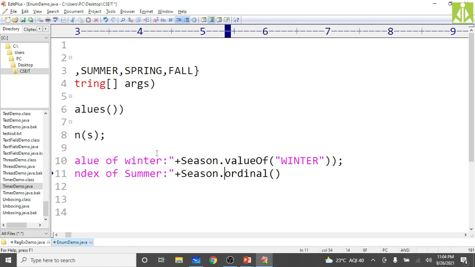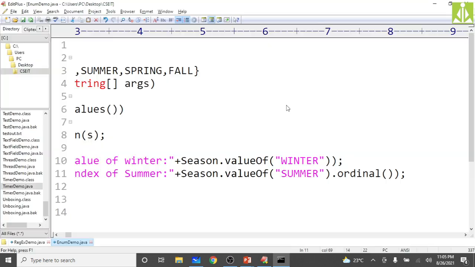First you retrieve the value, the same thing, put summer, and then dot ordinal. So ordinal will return the index of the enumerator. We will calculate for summer, not winter, because winter if you take will give 0. So here we see what you will get.